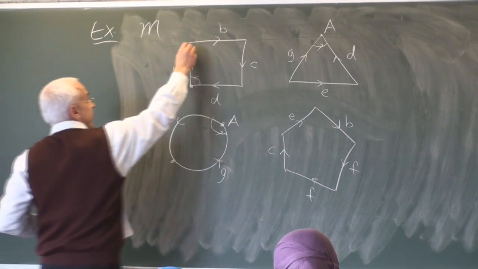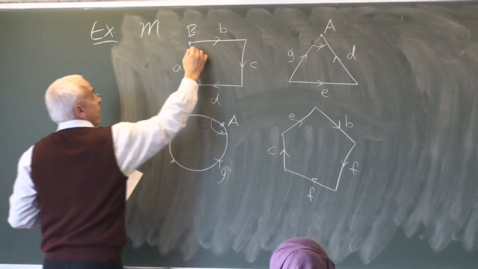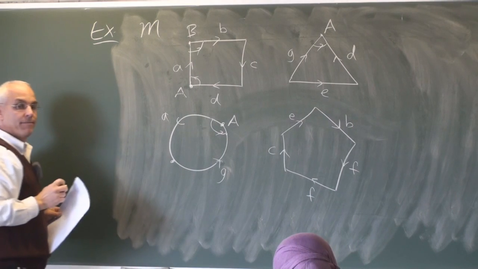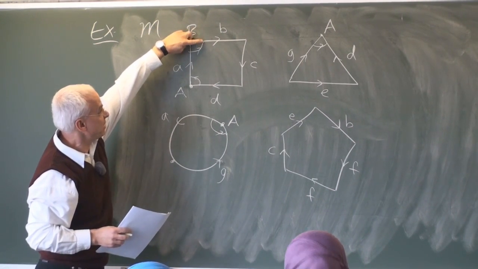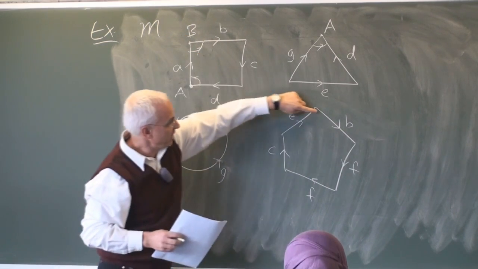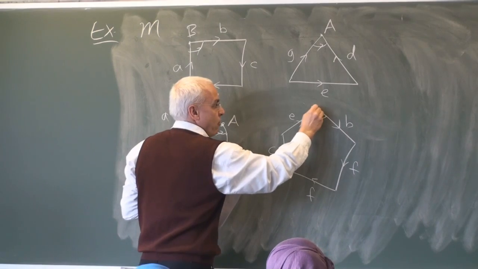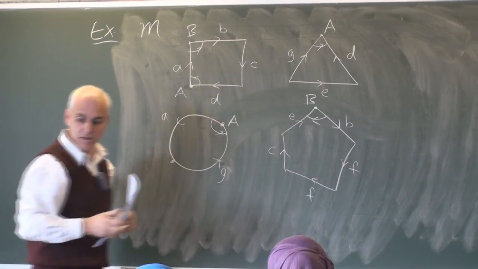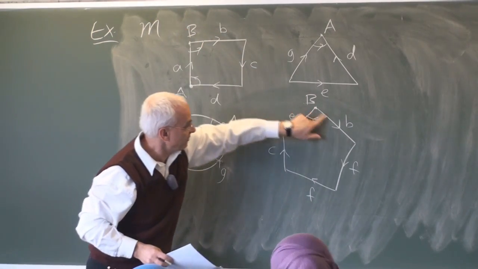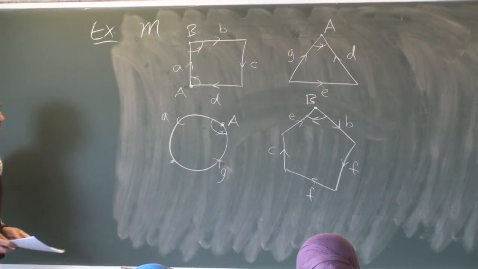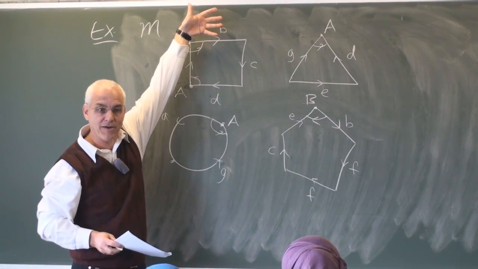Let's choose a different vertex, say this one here, B, and let's go around it in this direction. So starting at the top of A and then moving to the bottom of the edge B. There's the bottom of the edge B over here, so we're going to be now moving in this direction. And that point there has also got to be the vertex B. It's going to be glued to this one because the edge B is glued to this edge B. Of course, you may have to take this polygon and flip it over to do that, but that's all right.